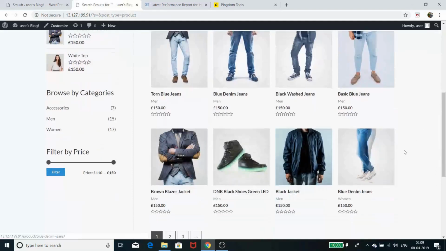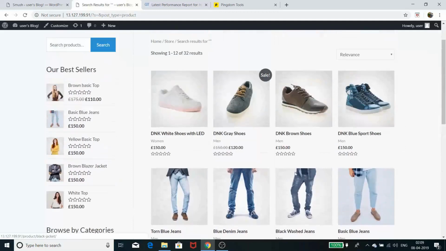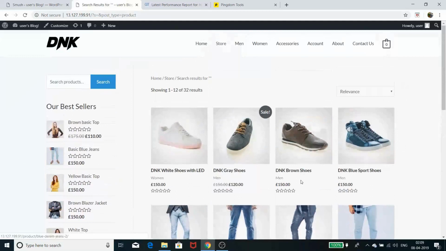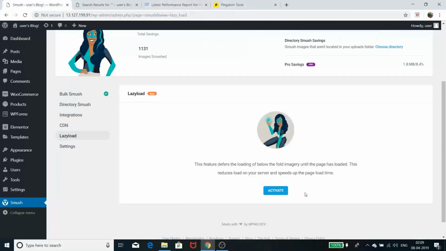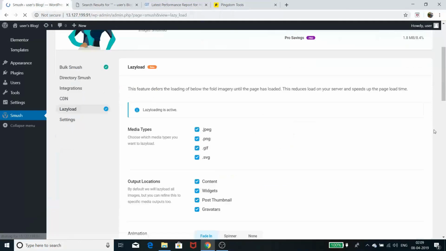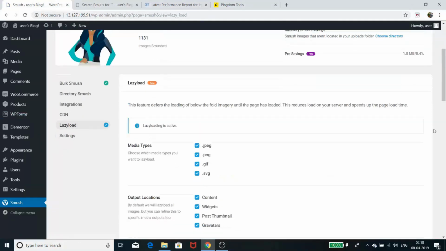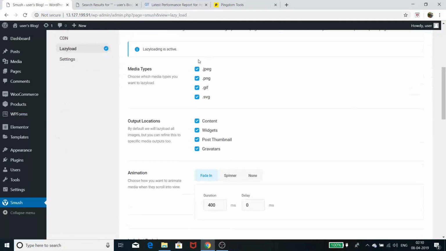In that scenario, the weight of these images will not be there in the first instance when my page loads. So in that process, it will speed up my website. So let me enable this option in Smush, and it basically chooses those media types, like JPEG or PNG or GIF or SVG files, and these will